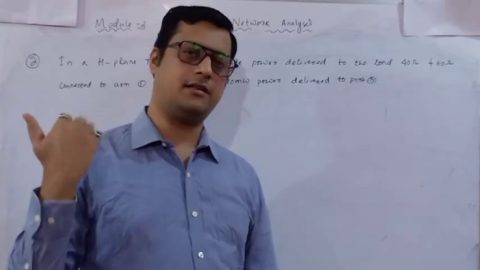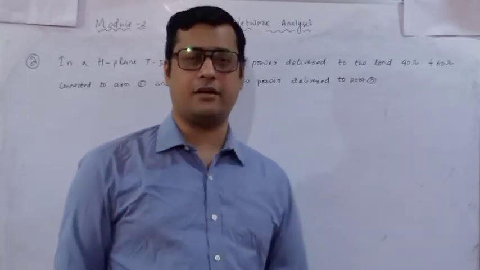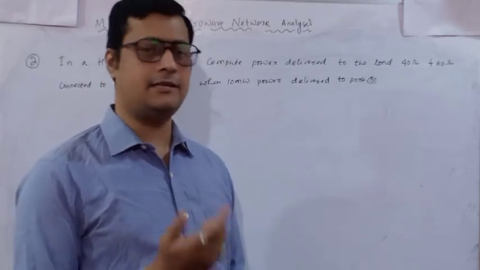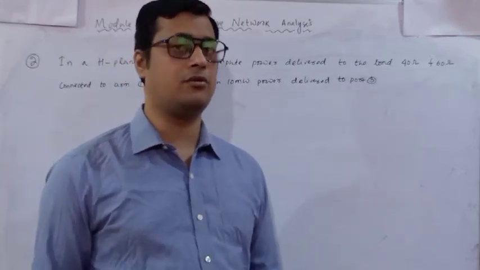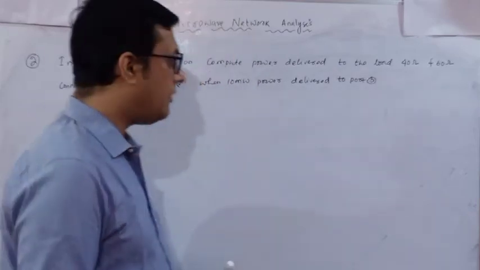Okay, as we are considering in our transmission line. Similarly, here the load impedance is different, 40 ohm and 60 ohm. So your reflection coefficient at port 1 is different, and the reflection coefficient at port 2 is different. That we have to determine. Okay. Now according to that, we have to proceed.